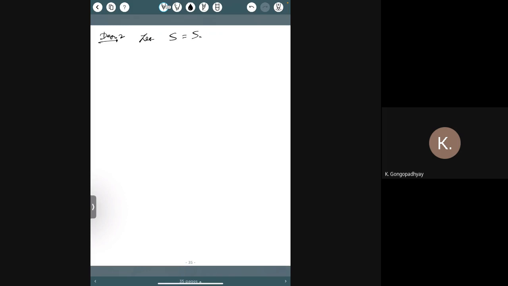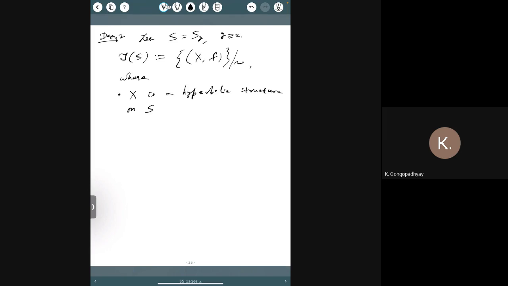Okay, let S equal S_g. Then Teichmuller space is the set of all equivalence classes of (X, f), where X is a hyperbolic structure on S, f from S to X is a homeomorphism called a marking, and